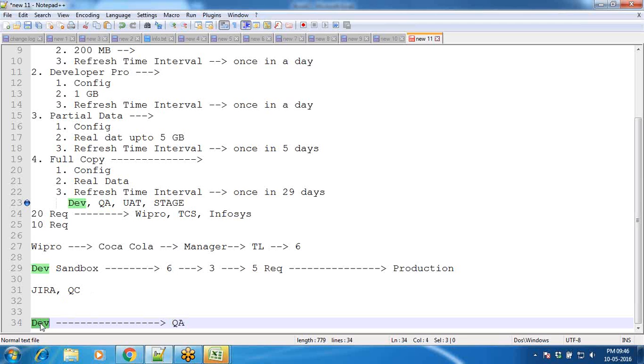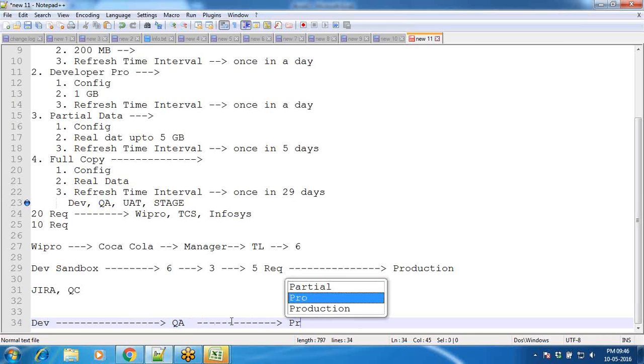These developers have to fix those bugs, and after doing the unit testing, they will deploy to this QA environment, and those testers will do the testing again. If everything is going fine, they will close that bug. Finally, after doing complete testing and closing all the bugs raised by the testing team, they will then deploy to